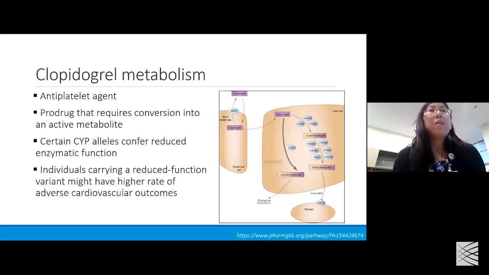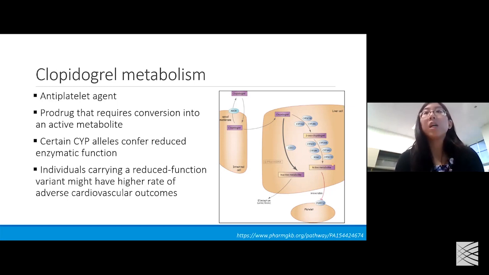So Clopidogrel is an antiplatelet agent. It's used in conjunction with aspirin to prevent ischemic events following acute coronary syndrome and percutaneous coronary intervention or stenting. Clopidogrel is a prodrug, which means that it requires conversion into an active metabolite by cytochrome P450 enzymes in the liver. And there are the genes encoding the